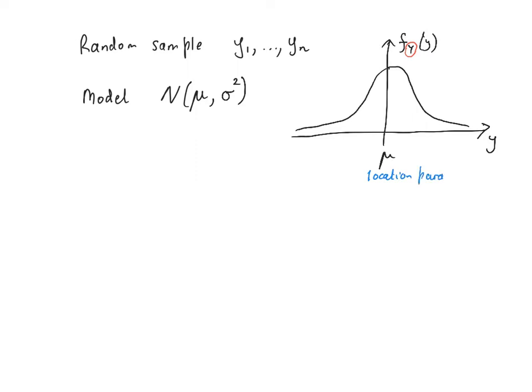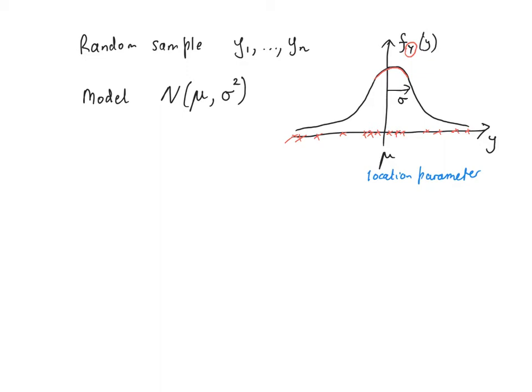And its spread is controlled by sigma. So sigma is the spread of this distribution, like I've shown there. We collect data according to this distribution, and the data points corresponding to points of high density are the ones that occur most, whereas values in lower density regions, for example the tails, occur less often. So we're going to assume, as I've said, that we've got a random sample from this random variable Y,